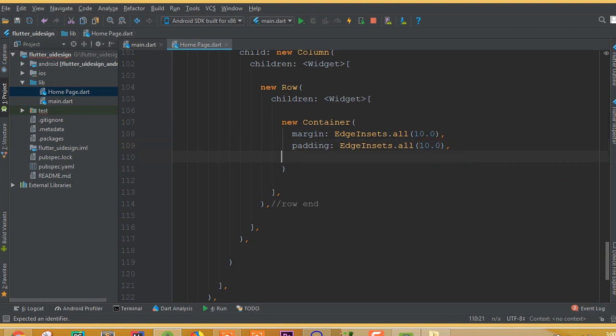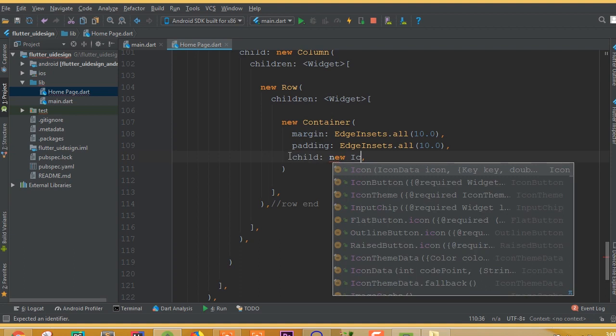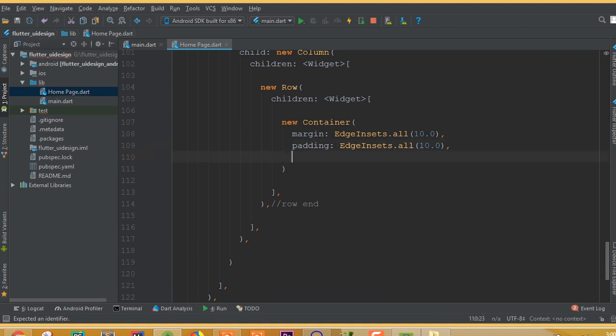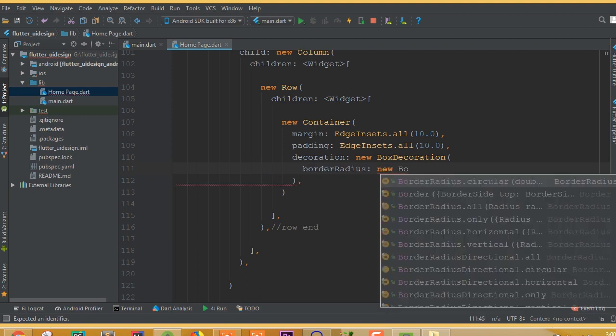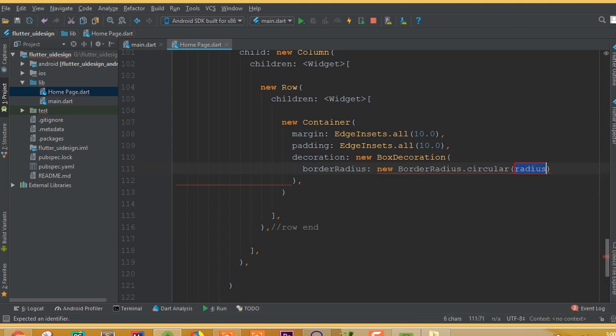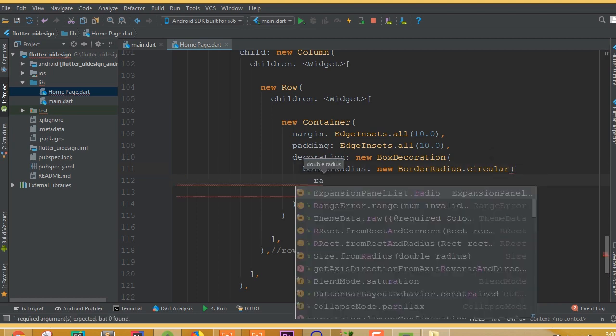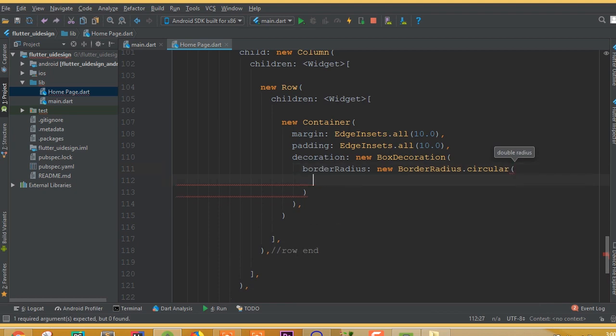Box decoration has a property called border radius. Border radius is going to be new border radius dot circular, and inside the circular we need to add, it's not like this, we need to choose border radius dot all, and now we need to choose this radius to circular and choose 19.0. Okay,